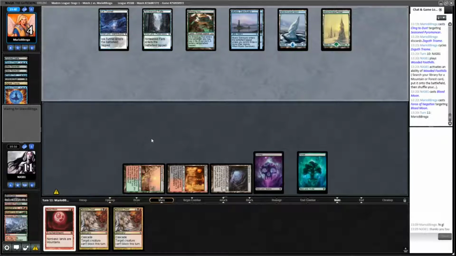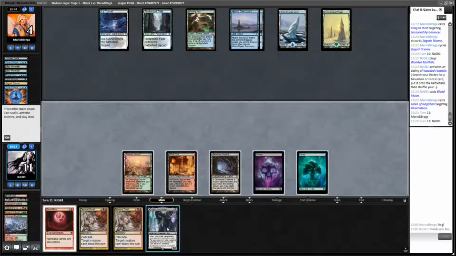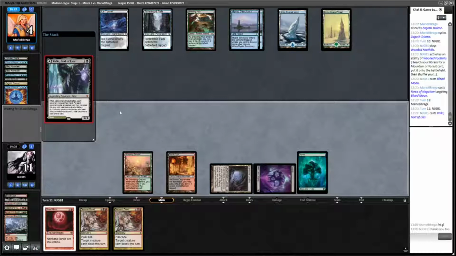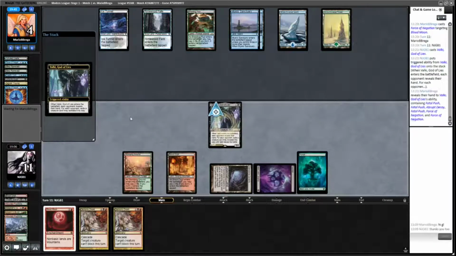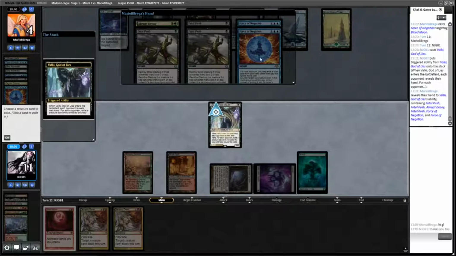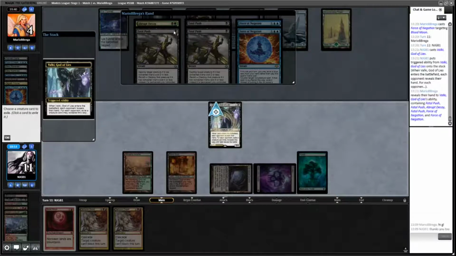Opponent at 4. Cling to Dust has been pretty clutch from my opponent. Okay, so we can play a Valki. See what they've got in hand. They have a lot of stuff. They have another 2 Force of Negations and a...